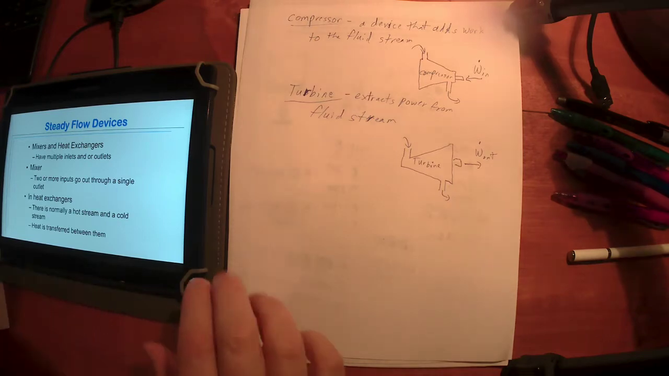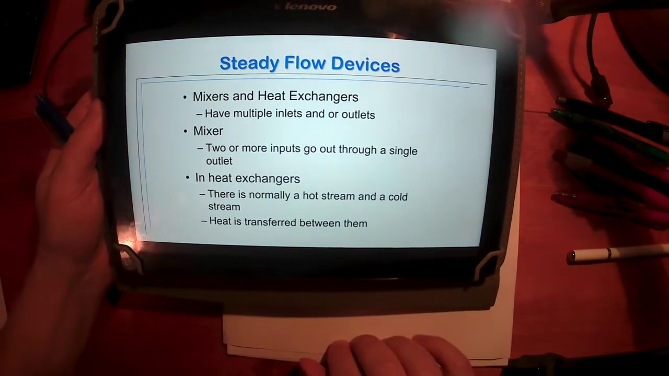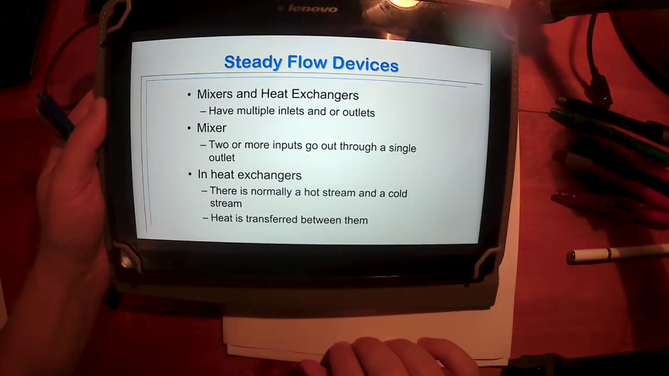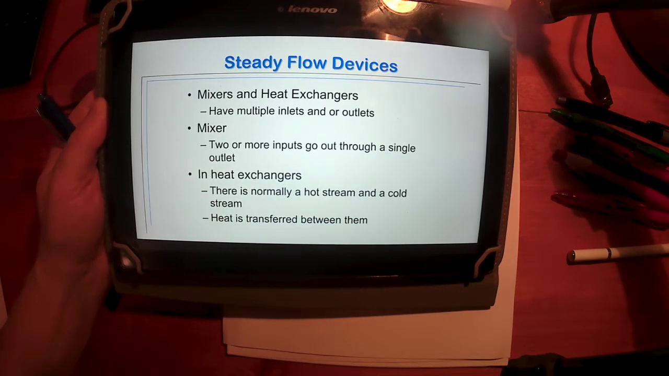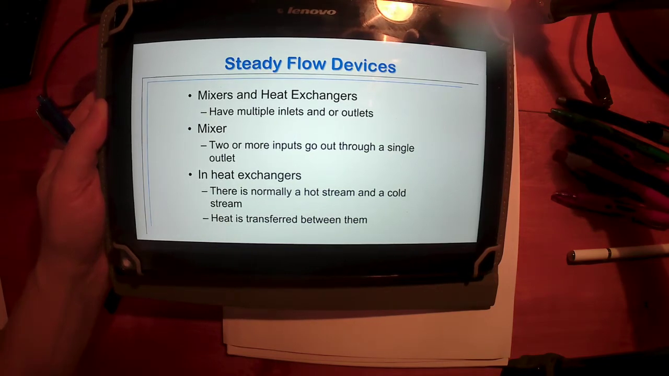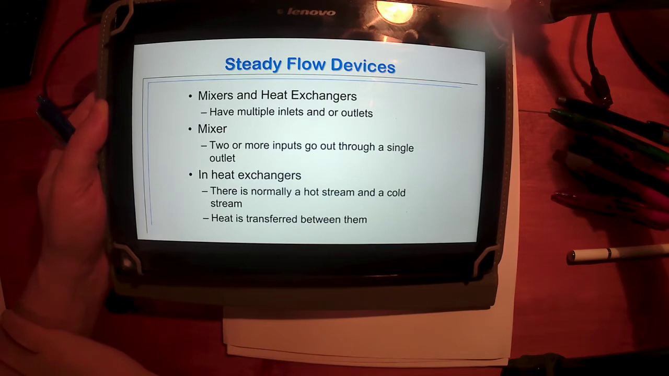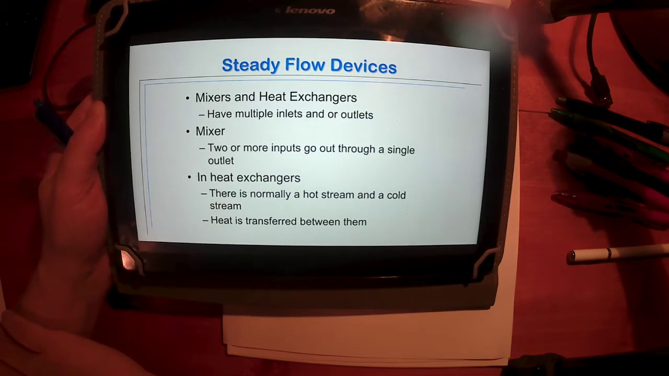Couple more devices we may encounter: multi-inlet and multi-outlet devices. Heat exchangers and mixers. So a mixer is a device that has more inlets than outlets, basically. That's pretty straightforward. A heat exchanger is a device that typically will have a